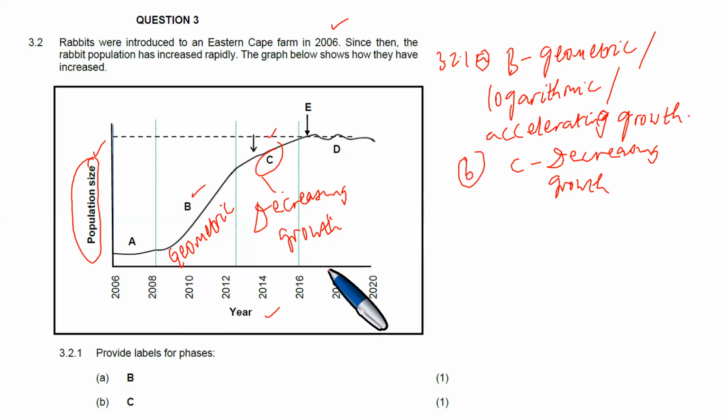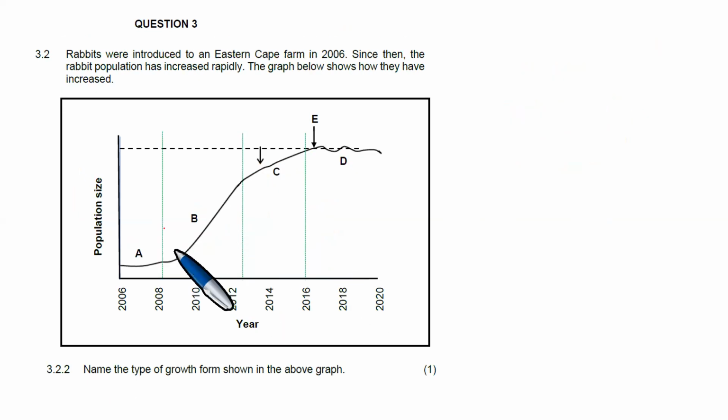Let's look at the next one. We're looking at 3.2.2. Right, so we have the same thing. Name the type of growth form showed in the above graph. What is the growth form showed in the above graph? Right, so